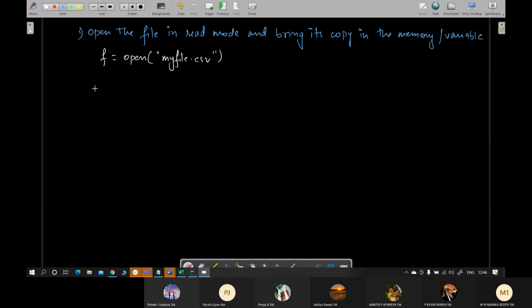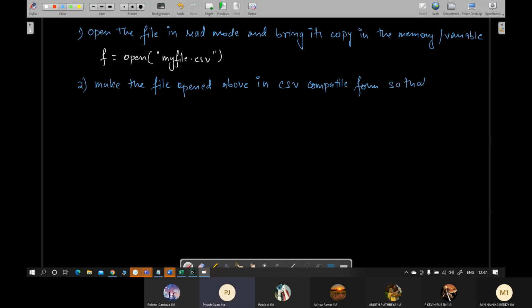Second step is make the file opened above into CSV compatible form, so that it can be treated as a CSV file by Python.